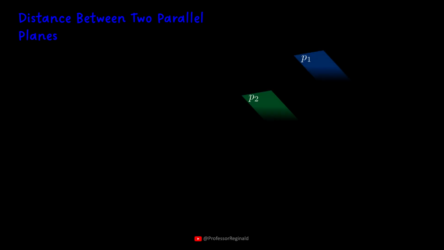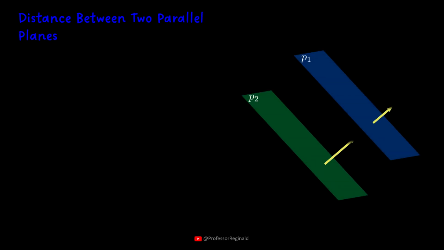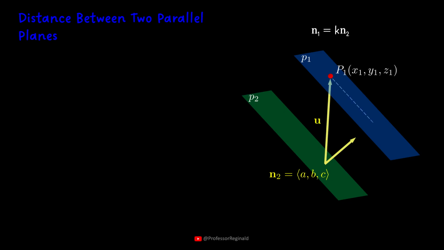Distance between two parallel planes. Recall that parallel planes have normal vectors that are scalar multiples of each other. Suppose P1 is a point in plane 1. Let N2 be the normal vector of plane 2. If we draw a right triangle involving vector N2 and vector U,